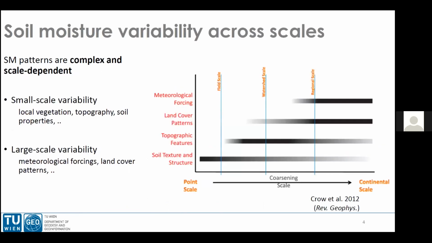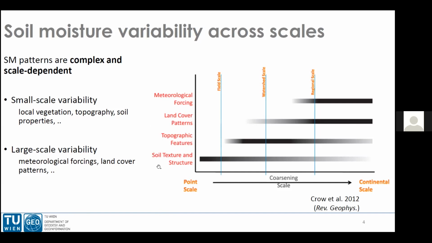However, soil moisture is very variable, both in space and time. The spatial patterns are quite complex, and the factors that govern the spatial distribution of soil moisture change with the scale we are looking at. This figure represents this concept: at small scales, such as field scale or small watershed scales, the main dominant factors affecting the spatial patterns of soil moisture are the local vegetation differences, and then topography and soil